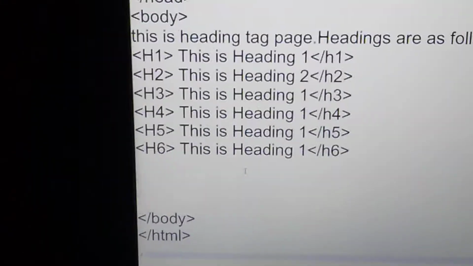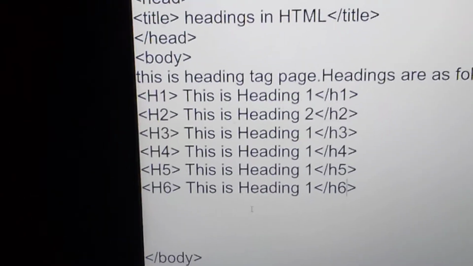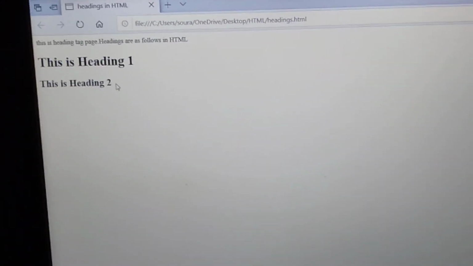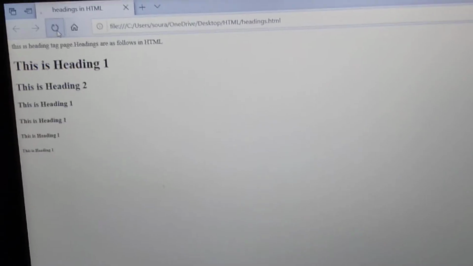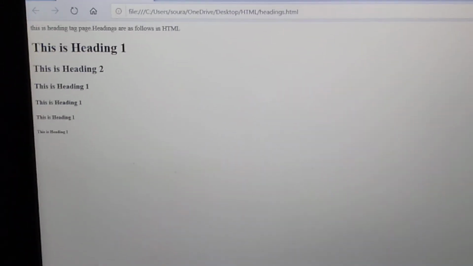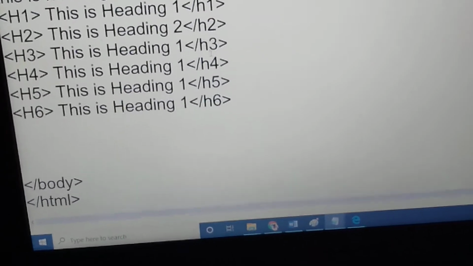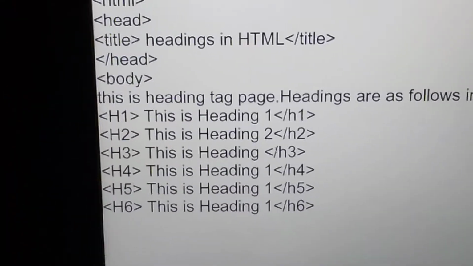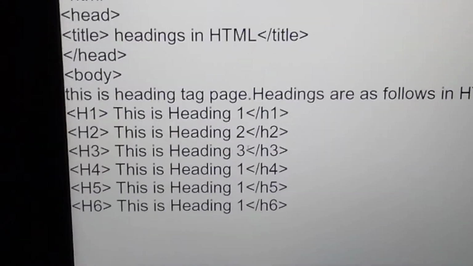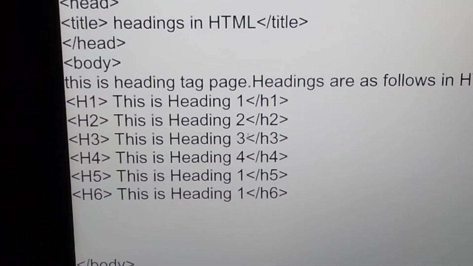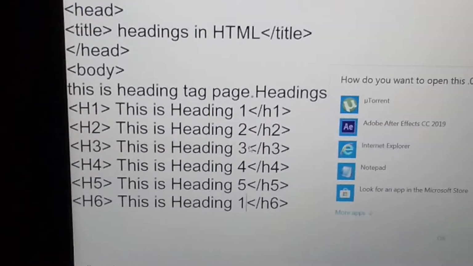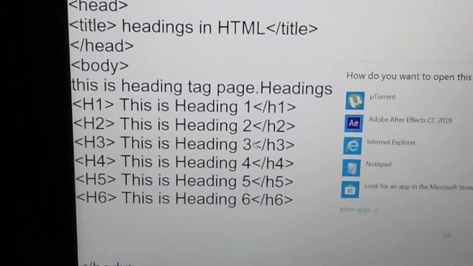Now just save it by Ctrl S and Alt Tab. Again look carefully, I refresh it. Look, the output will come as this is heading 1, heading 2, heading, oh oops, I again made the same mistake over there. Correction, heading 3, then heading 4, then heading 5, then heading 6. I do Ctrl+S, Alt Tab and refresh.